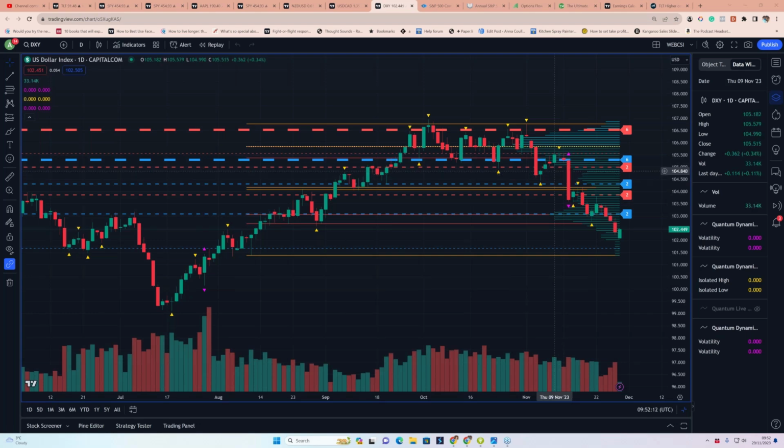We then do get this strong break lower. We can see this very big down candle triggered the volatility because we have these little purple arrows. It tells us the price action is outside of the average true range, and that was, if you recall, on the much better than expected CPI. Well, not that much better, but the market took it as better than expected. Bond yields went slightly lower, and it was sort of off to the races.